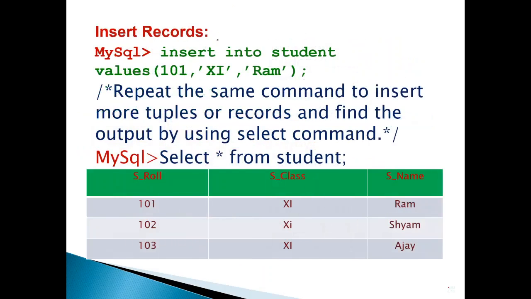Now this is the DML command, the insert command. This is the syntax of the insert command. Insert into table name values, and within brackets you can specify the values as per the attributes declared in a relation.